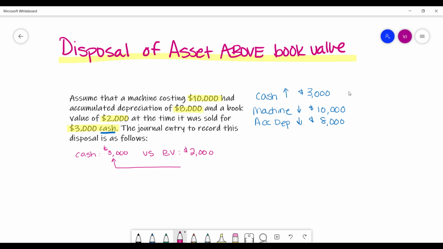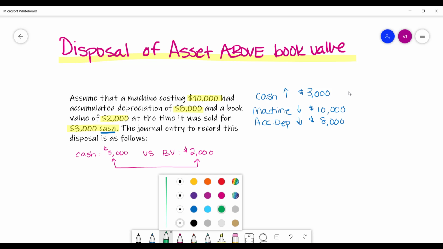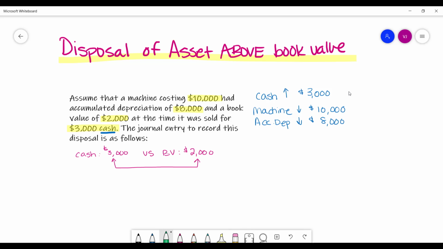Here, we end up getting $1,000 more for this asset than its remaining book value. So here we can see there's a $1,000 gain because we're getting more cash for this asset than its remaining book value. So we have a gain on disposal of plant assets here